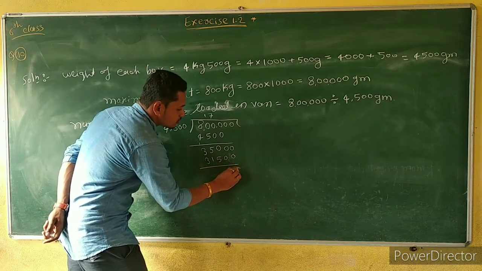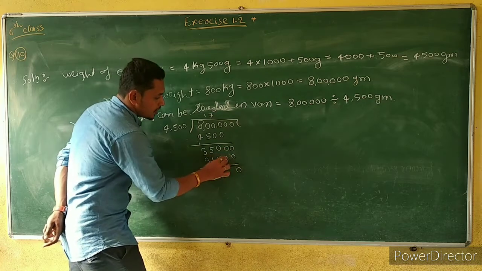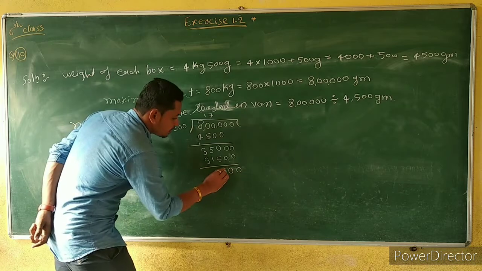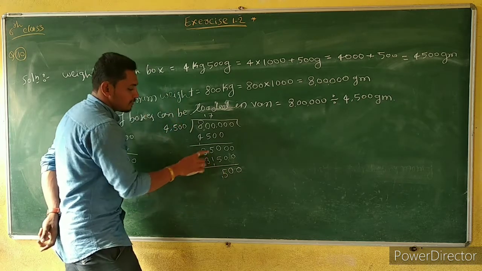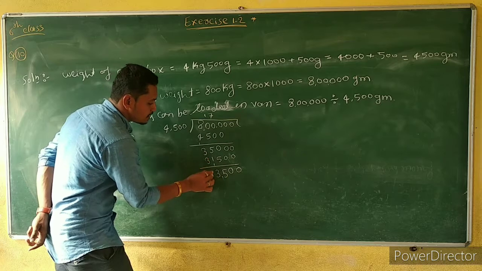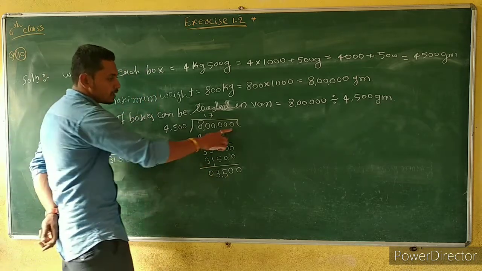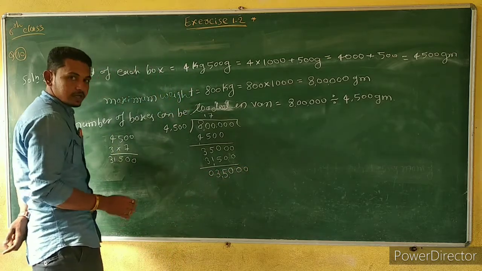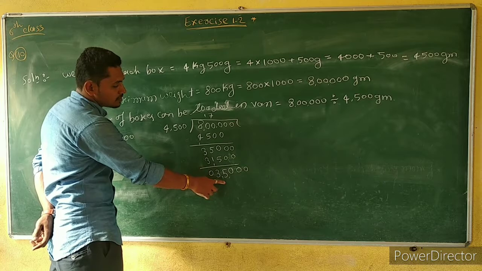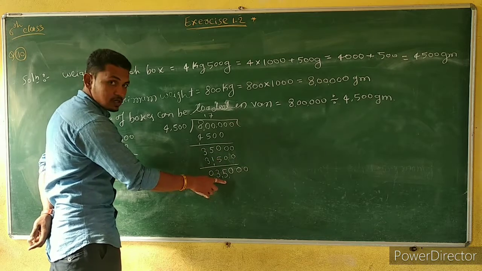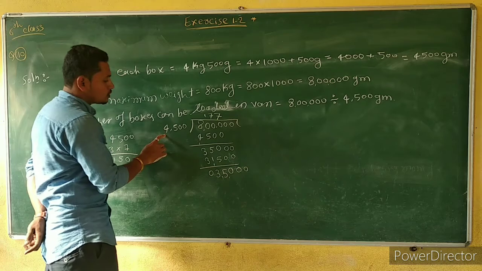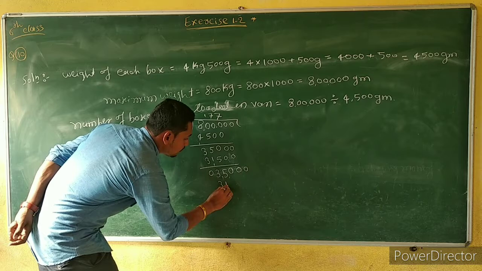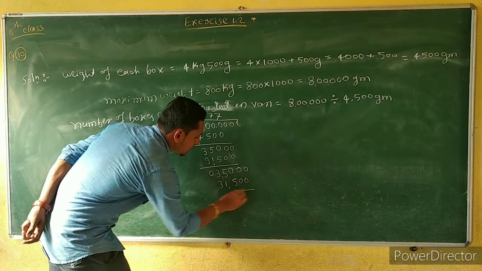So 0 minus 0, 0, then 0 minus 0, 0, and 0 minus 5, which means 10 minus 5, 5, take 1 carry, 5 minus 2, 3, 3 minus 3, 0. Is it right? So take here last one 0. Now it becomes 35,000. The remaining term is same. So therefore we have to take here 4,507 are 31,500.